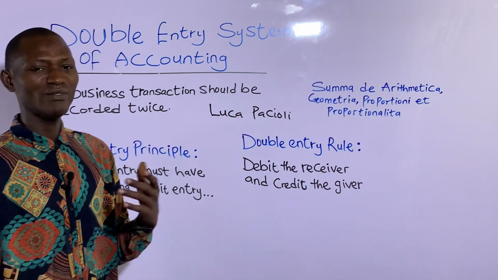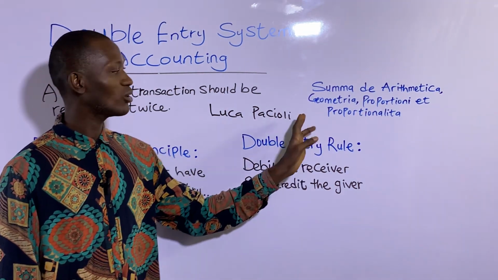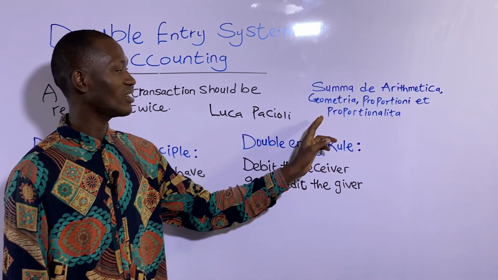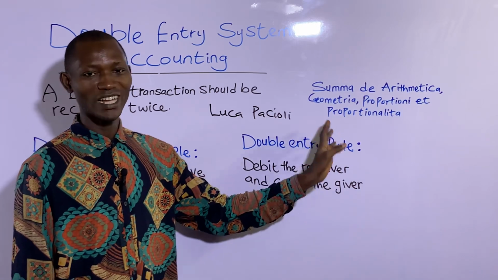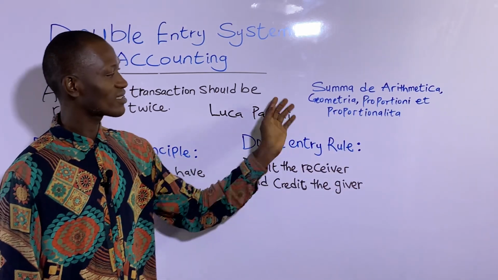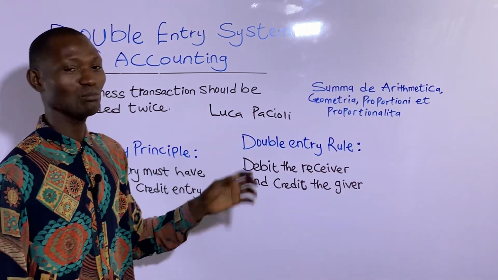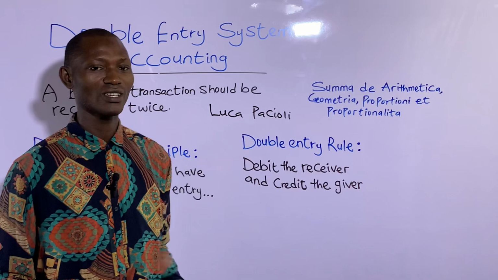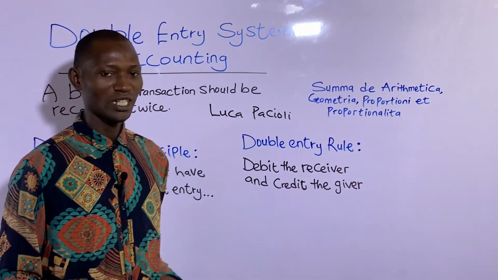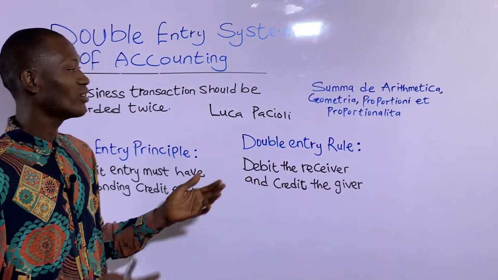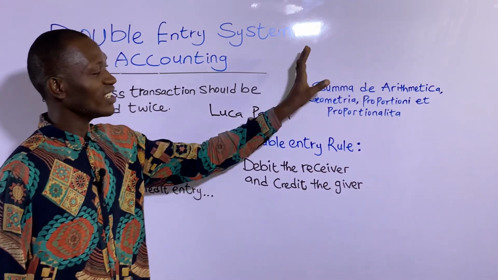Luca Pacioli in 1494 published a book called Somma de Arithmetical Geometrical Proportionalita. It's an Italian word. That's why you see me having trouble pronouncing it. But in the English language, it means everything about arithmetical, geometrical, proportional, and all that. So in this book,